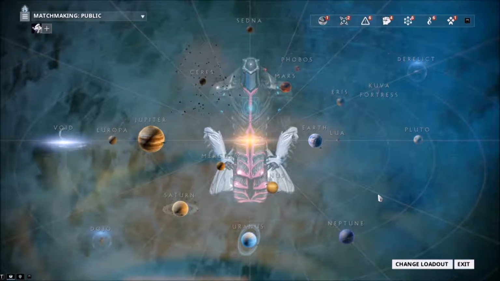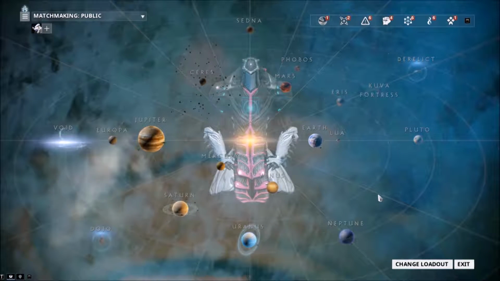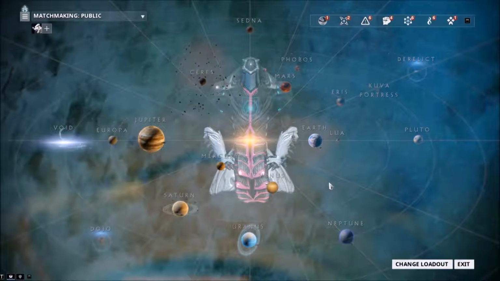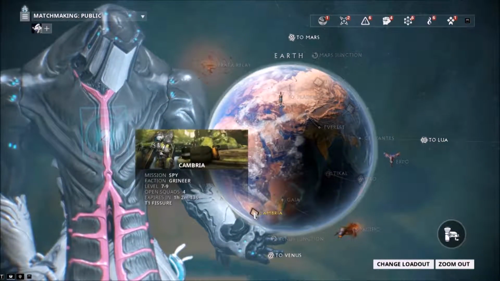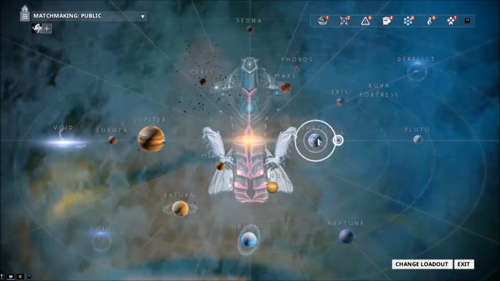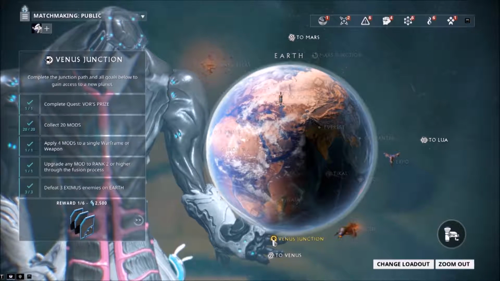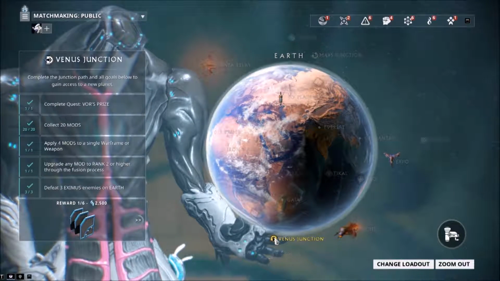This is the whole map of the game. It is a confusing fucking mess if you just start the game. Because, what is it? You start on Earth, right? I don't even remember anymore because I was around pre this. But you go, okay, so say you're on Earth and you need to go to Venus. Well, if you want to get off of Earth, you need to go to...